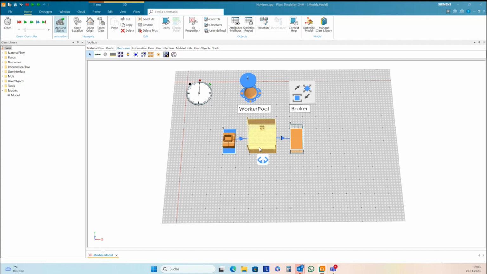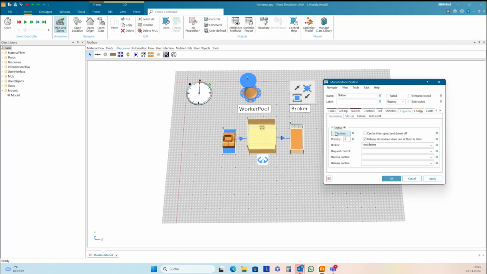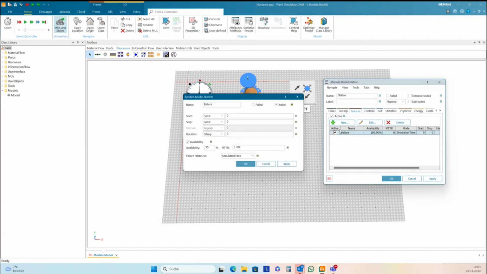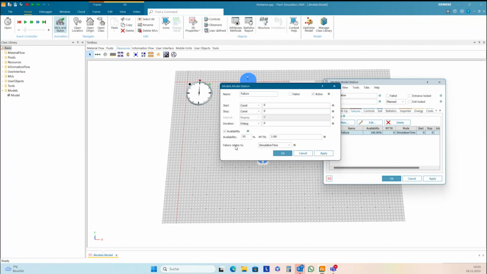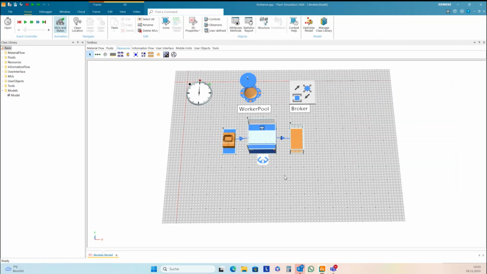Now we check again the importers. We have an importer for processing, and we have activated the failure importer. And we need to create a failure here for the station. Like in the basic setting, 95% availability with maybe 10 minutes MTTR. And then we try to run this simulation.